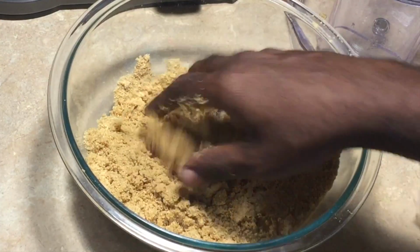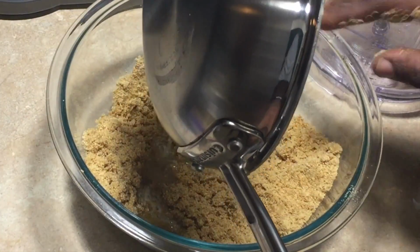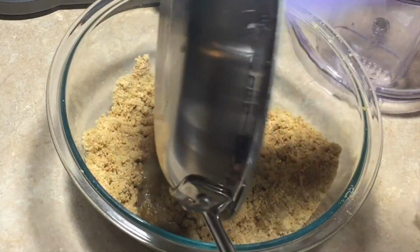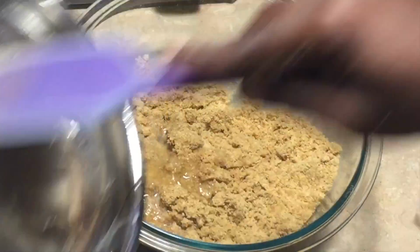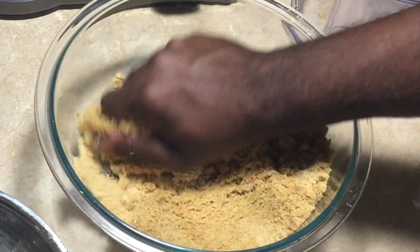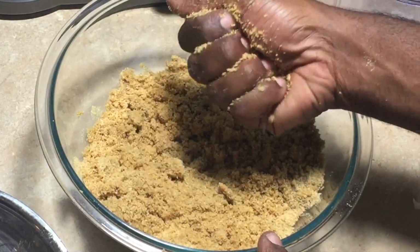So the way you know that it's perfect is when you crumble it all together and it kind of holds a little shape, and that's how you know it has enough butter. So you can tell it's starting to really kind of